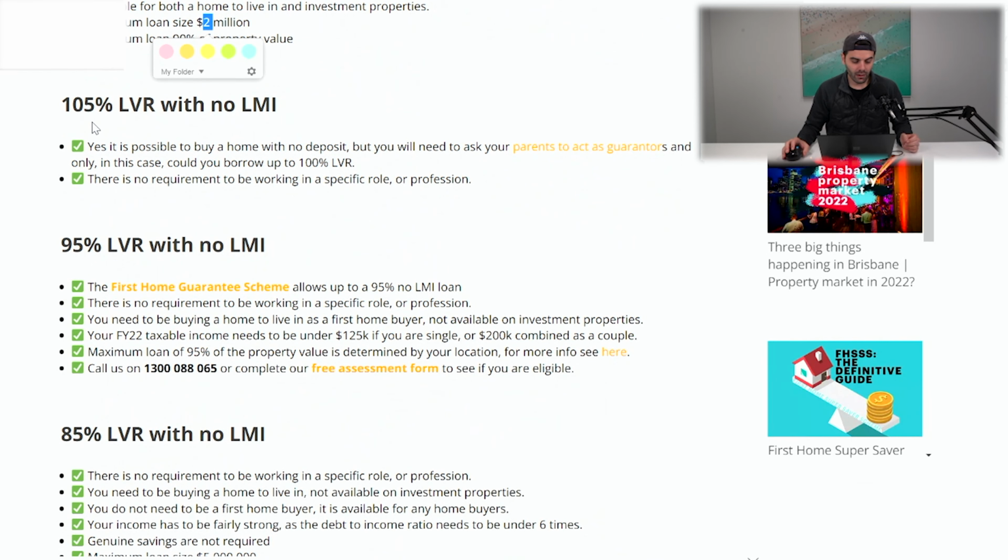Moving on. How can you lend 105% of the property value with no mortgage insurance? Well, the quick and easy option is through a parental guarantee. So if you have a family member who owns a property and is happy to help you get into the market, whether it be the first time, whether you've not had a property for a while and you're looking to get back in the market, upgrading or downgrading, well, a parental guarantee is a fantastic way to do that with